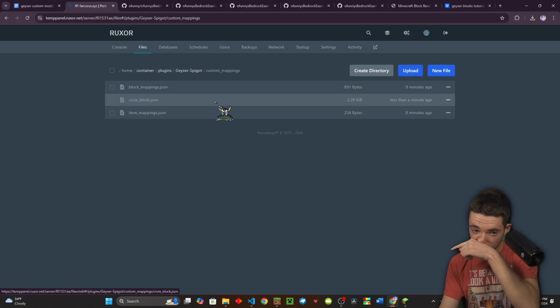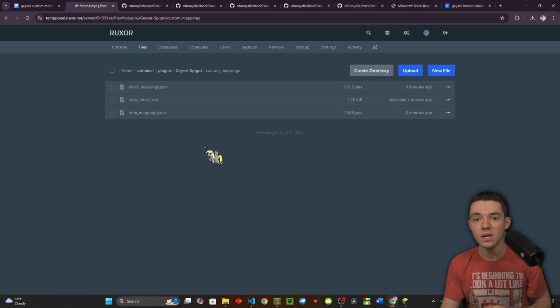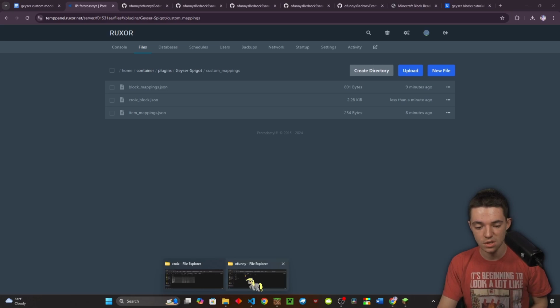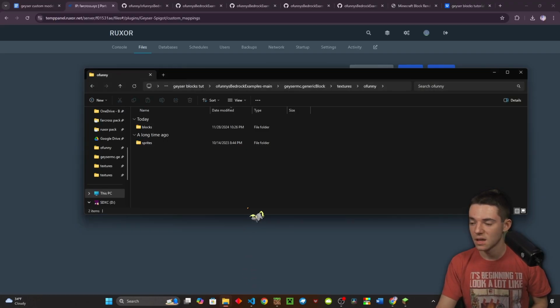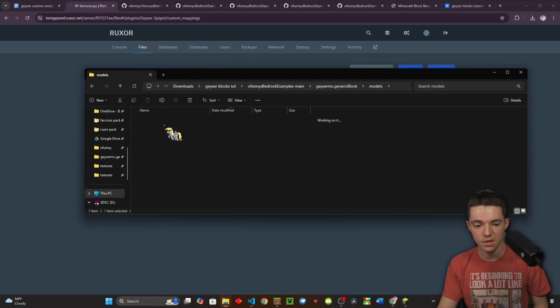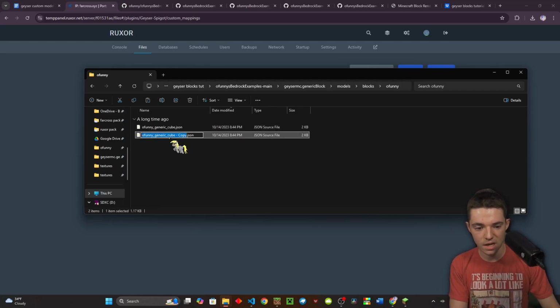So now we are done with the Croix block right here. And now we need to basically make the texture for in-game. To do that, we actually need to use Blockbench. So we are going to go back into here, and we will want to find the models folder. Inside of here, there should be the Ofunny generic cube. We're just going to copy this, and we will name this